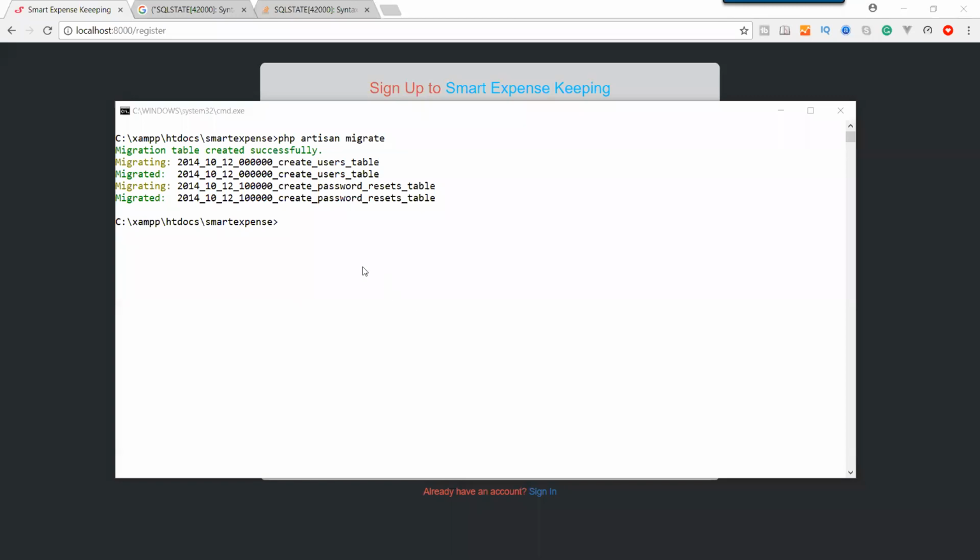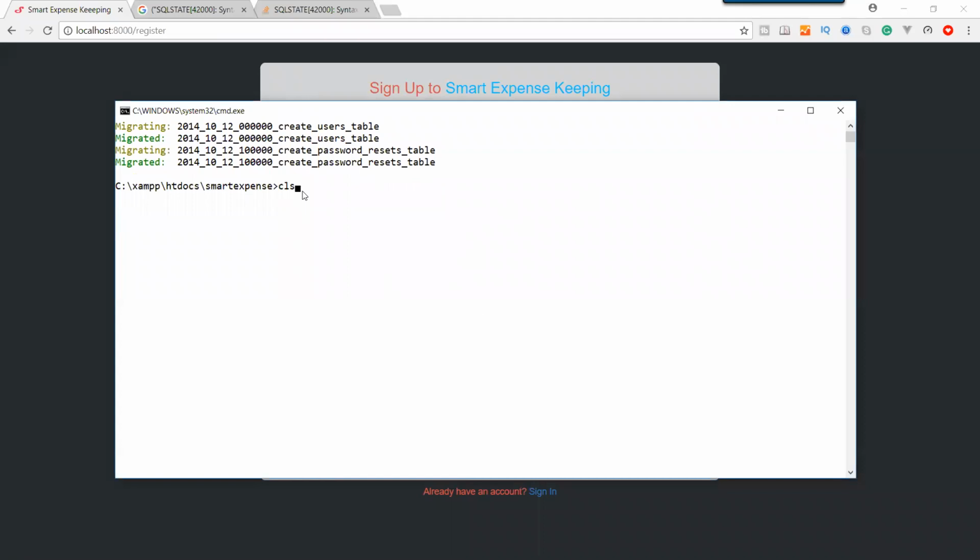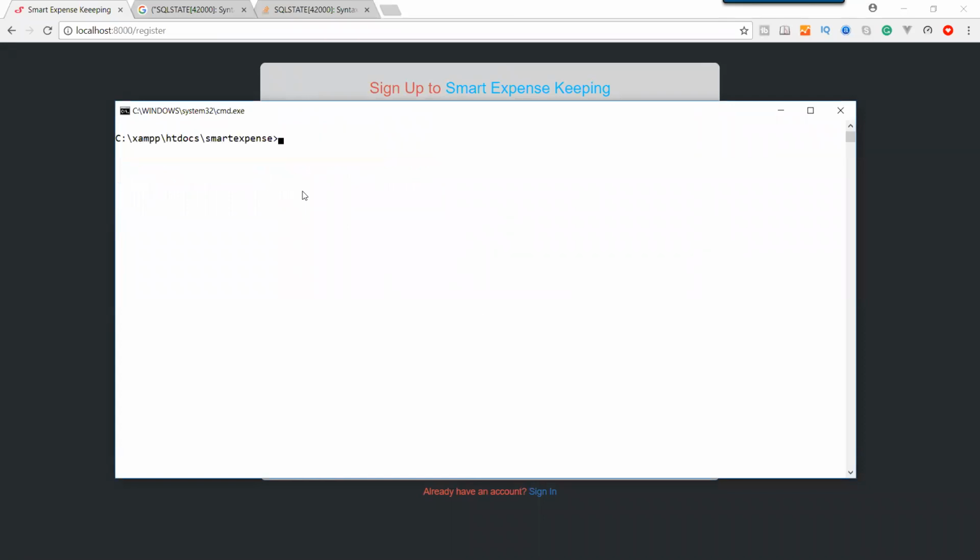Okay, and let's create the migration for our countries. Clear screen. To create a migration we use php artisan make:migration, and we have to give a name.